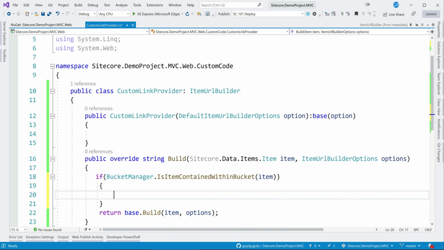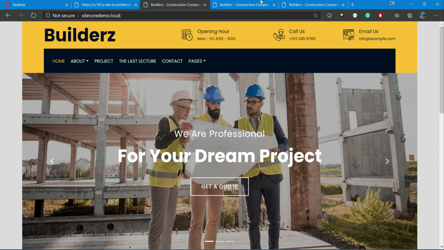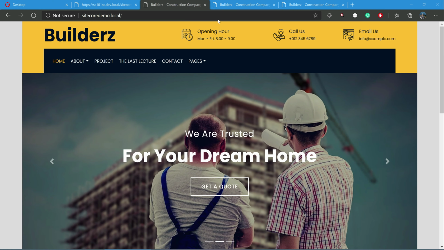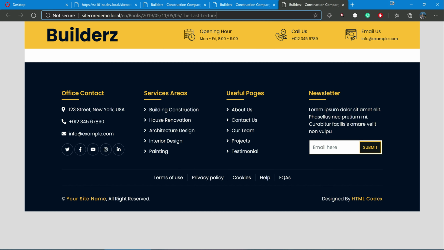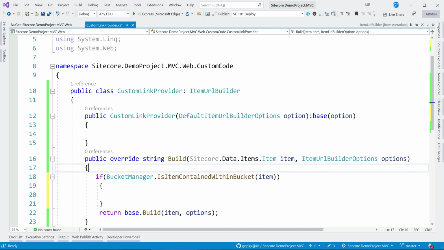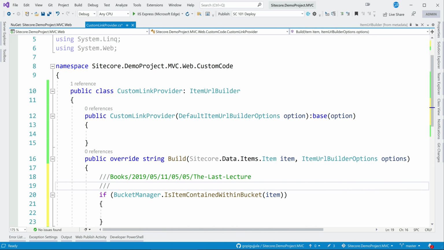So now we identified that first it is an item. So let me just bring this URL so that we can understand. We don't need the full URL, I just need the URL from here. So this is the URL.